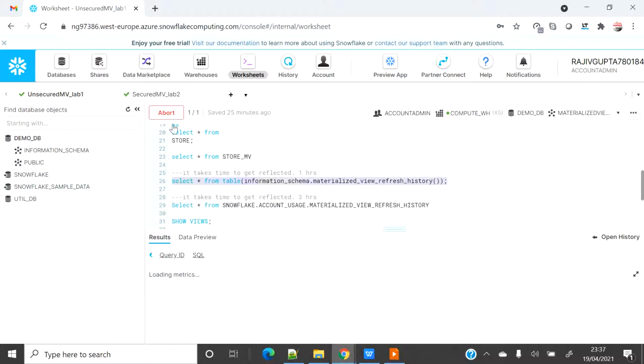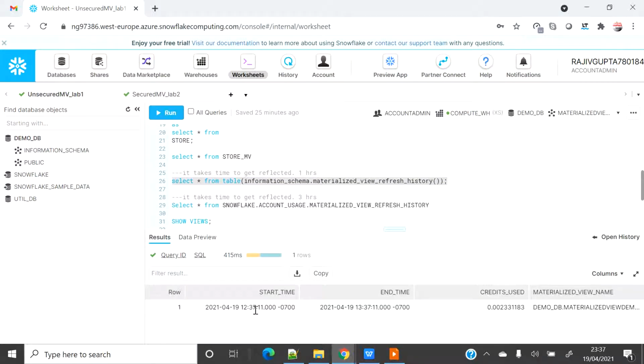As of now, there will be, I think, old records. So you can see the time. This function will basically give you the last refresh, how many credits you have used, and for which view. It gives the details of the credits used by a particular refresh and when that refresh happened. But whenever the refresh happened, this table will contain a latency of 1 hour. So it is not going to give you immediate details of the recent refresh, but for all refreshes which are 1 hour old, you can see the details over here.